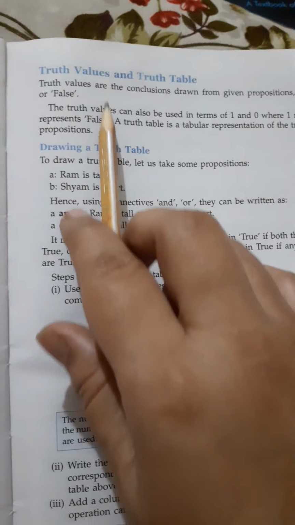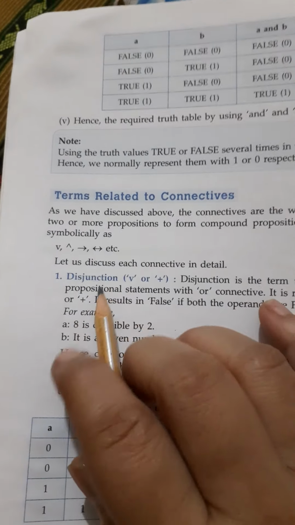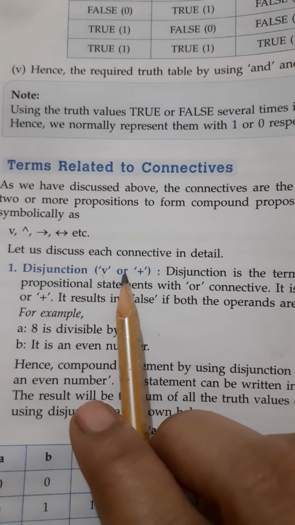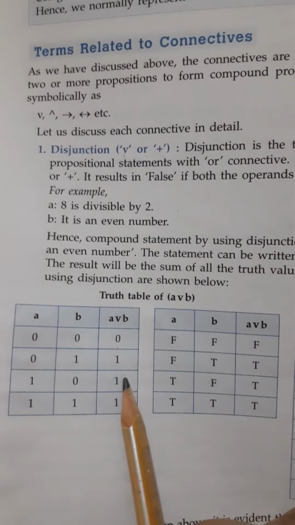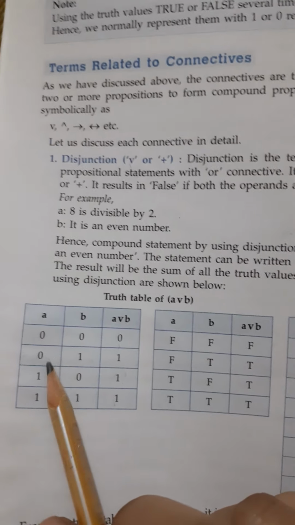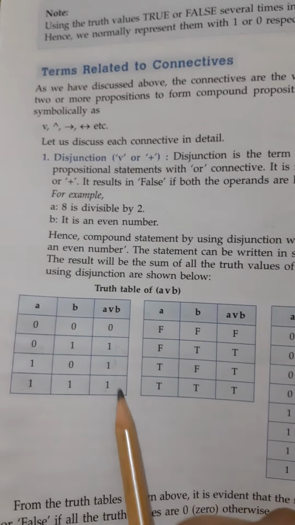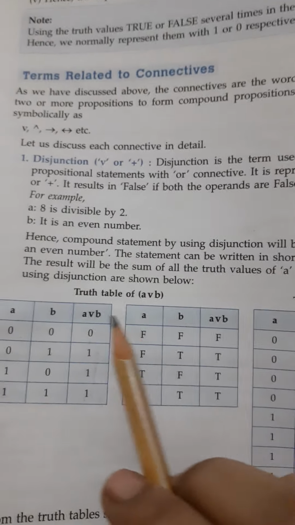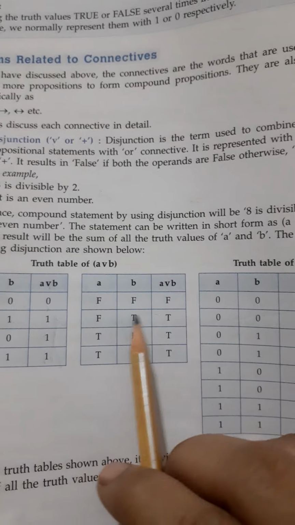Okay, now here we will study these connectives. Now, the first connective which is there is disjunction. Disjunction can be shown either by this sign or plus sign, and it is same as that of the logical or. You can see its truth table: if any one answer is true, or if both are true, then it will give you true or one, otherwise it gives 0. So this is the truth table. You can show it with zeros and also with true and false.